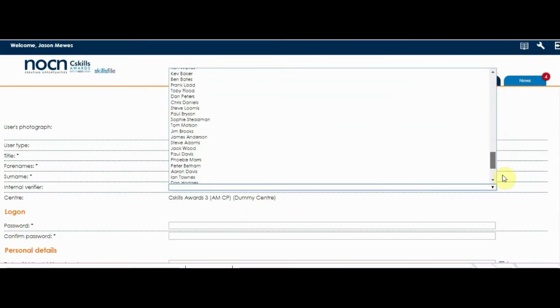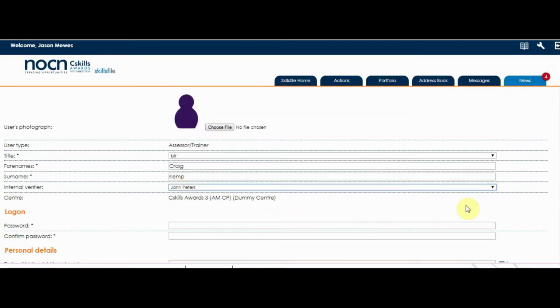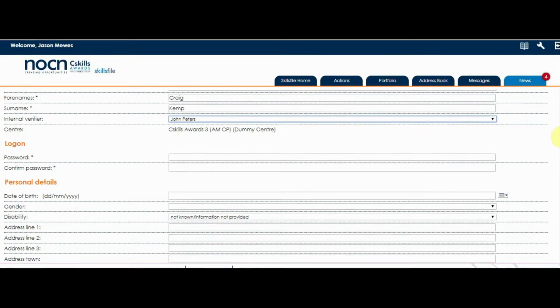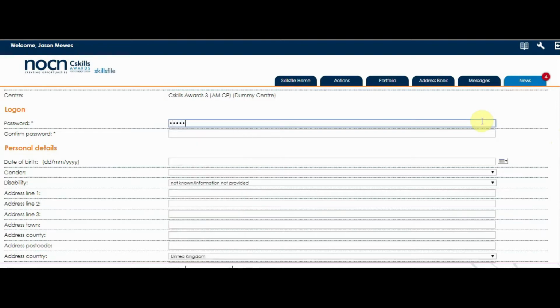And what we'll do is the one we just created, John Peters, and select that. That's why it's always important the verifiers are created prior to the assessors. Otherwise, you wouldn't be able to allocate the IV to the assessor. And then scroll down, and as before, enter their details. ABC123, date of birth,